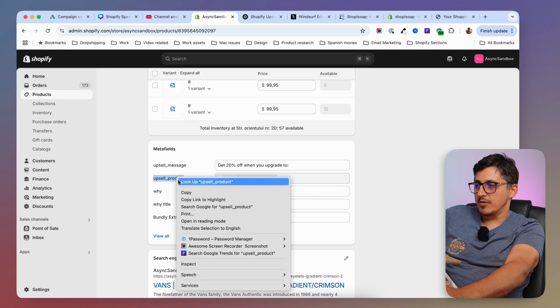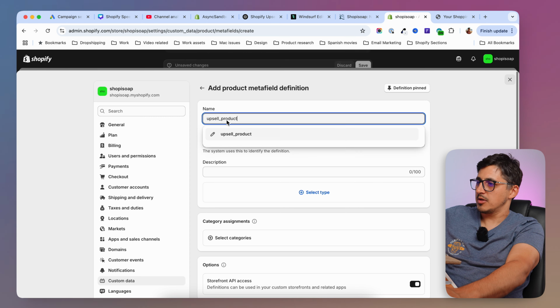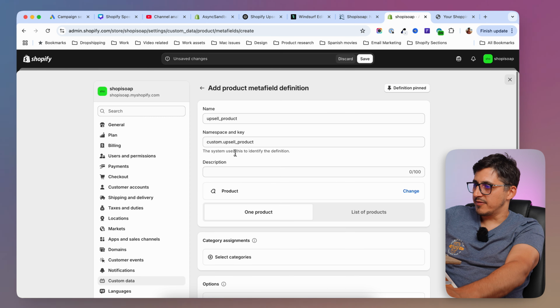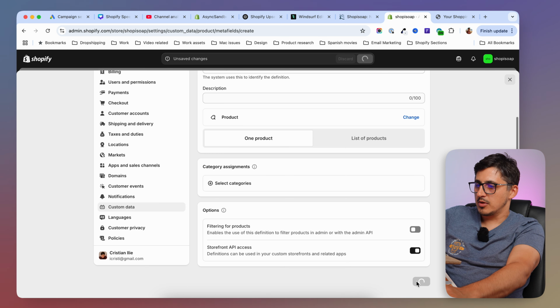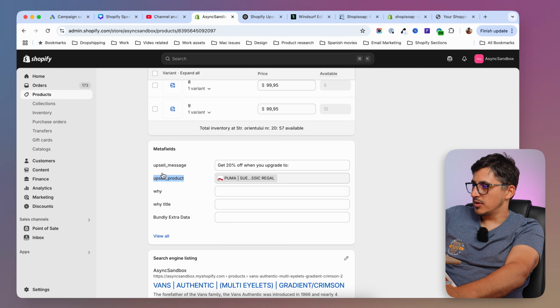So this is the name of the upsell meta field. I'm going to go and create that. I'm going to paste the name in there, and select the type of product because I want to select a product and just one product. And then I'm going to save, and then add another definition, and I'm going to create